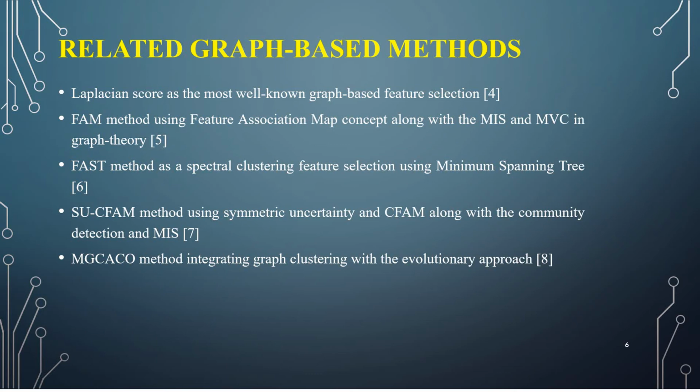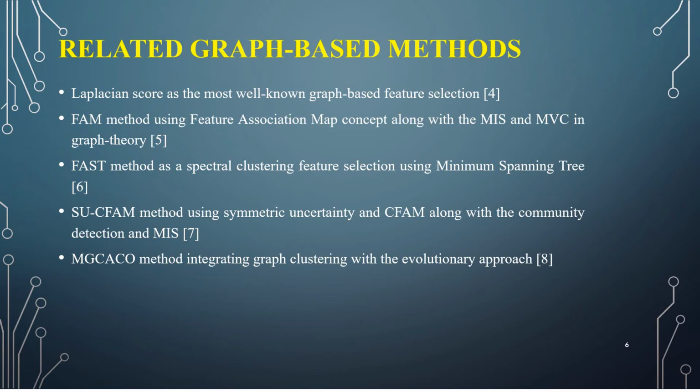Laplacian score is based on Laplacian eigenmaps and locality-preserving projection. In this method, a weighted graph with edges connecting nearby data points to each other is created, and the importance of a feature is the degree to which it preserves the structure of this same graph. Some methods use the feature association map concept. For example, in FAM, a weighted graph is created using Pearson correlation, and then the minimal vertex cover (MVC) or